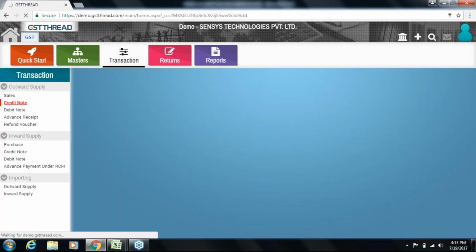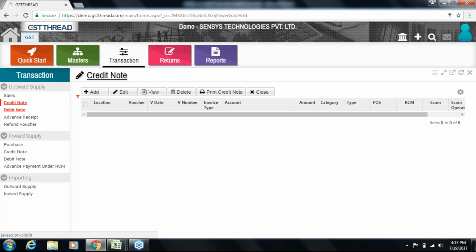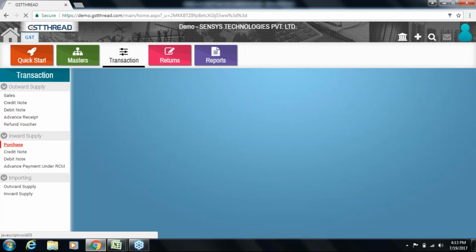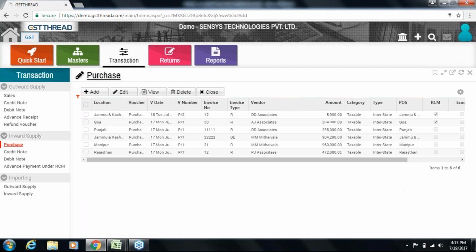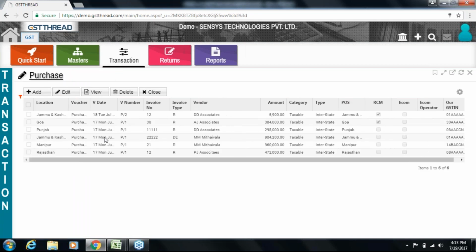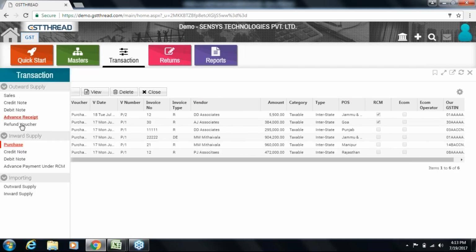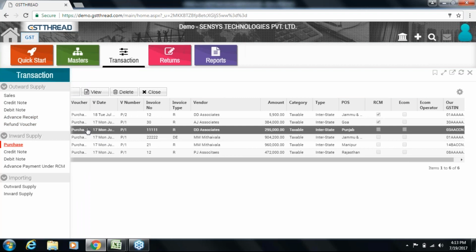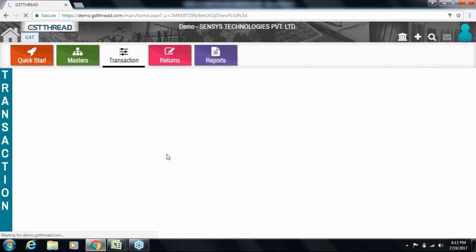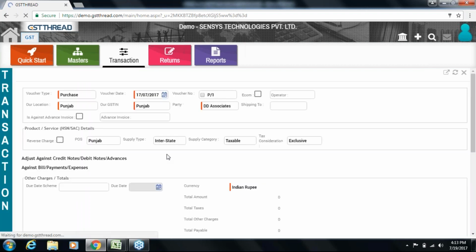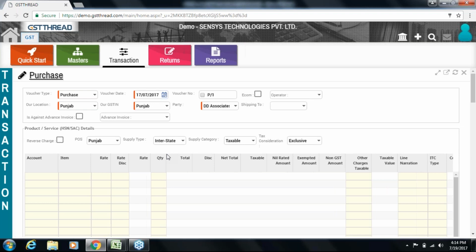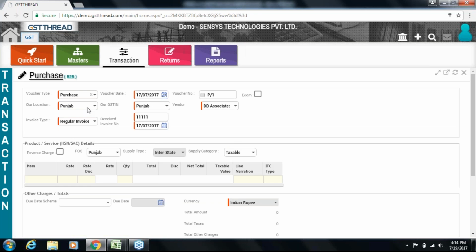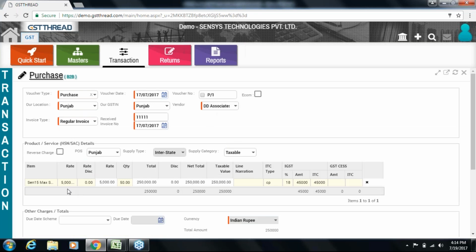Similarly, we can make a credit note, debit note, advance receipt, or refund voucher. Now we move on to purchase transactions. The voucher type shall be purchase, the date, our location and the vendor's location.